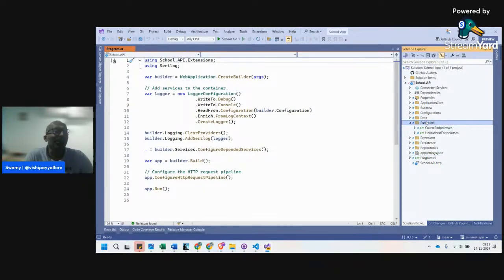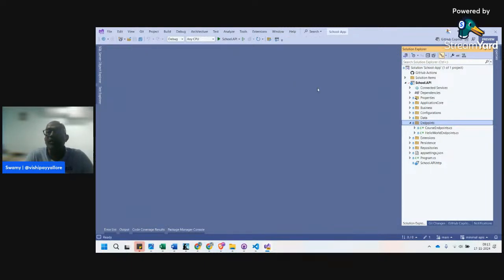Like how do we have a folder for controllers? Similarly, I created a folder for endpoints and moved that over there. So nothing is going to stop you. It's all how you want to do it, but I'm just taking bits and pieces from clean architecture and domain-driven design, and I put everything in